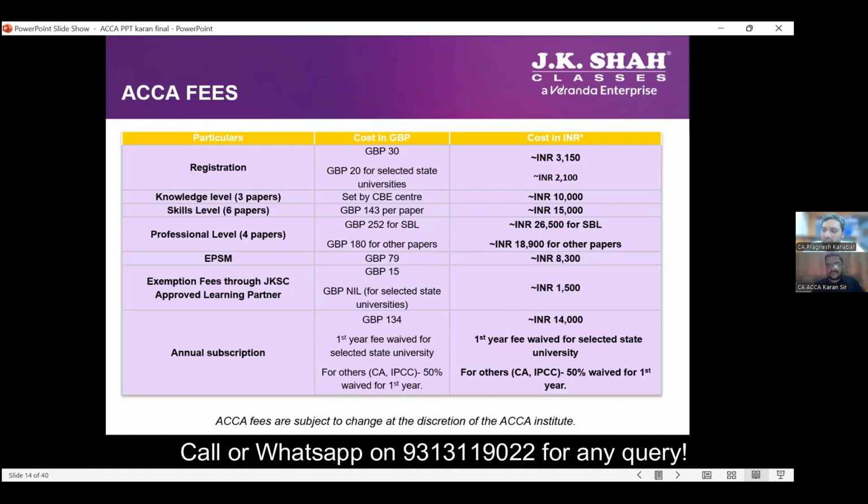And sir, somewhere down the line, if you can also arrange some podcast with people who have cleared ACCA and are in different fields, it will really help people to get more insights into it. And we can definitely do that.